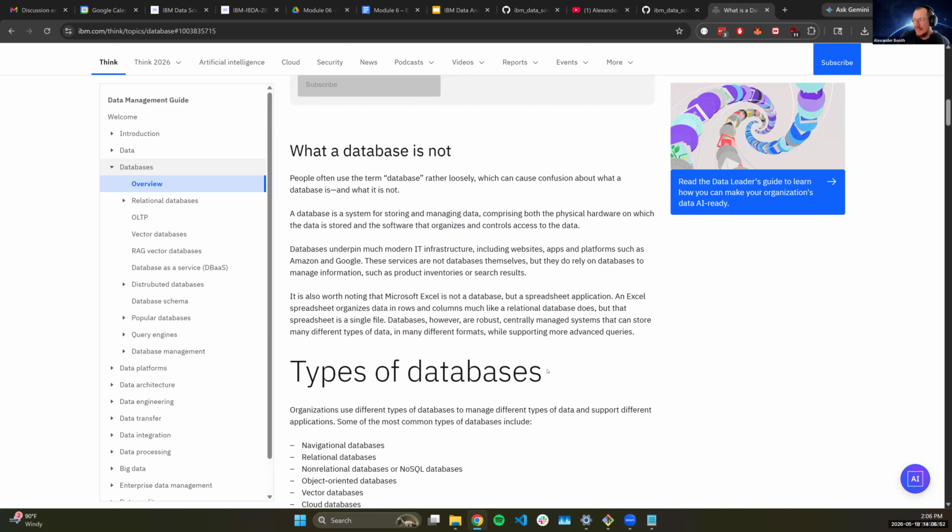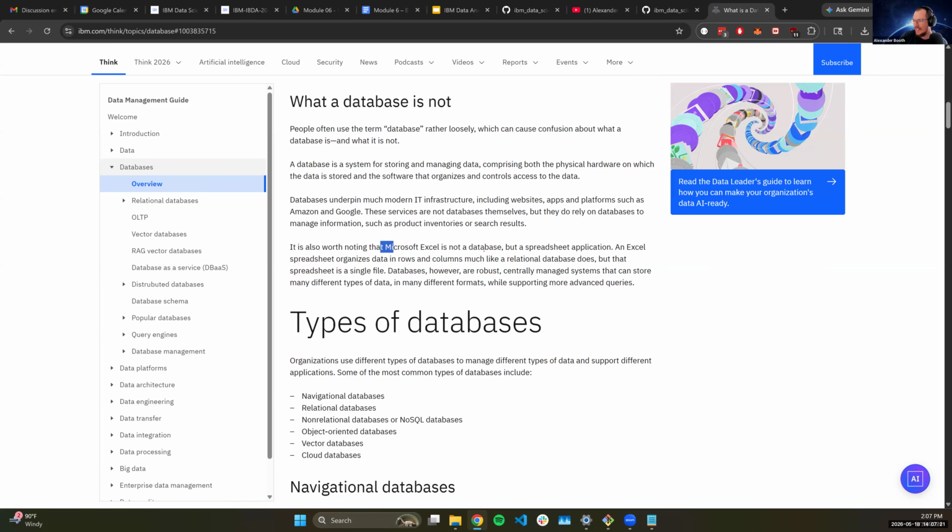A database to me is not somewhere where there is integrity questions or multiple stores of truth. So people sometimes say that like an Excel workbook or Google Sheets can be a database. I challenge that because I don't think that can fully be a single source of truth, as well as providing the data integrity rules that most people expect their systems to implement across the database. Yeah, there you go. Microsoft Excel is not a database. Databases should be robust, centrally managed systems.